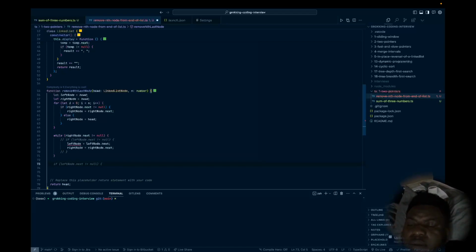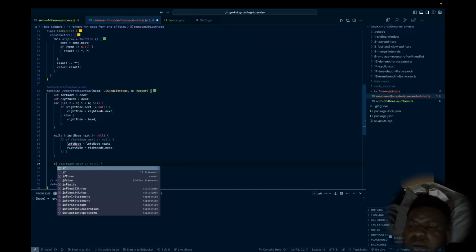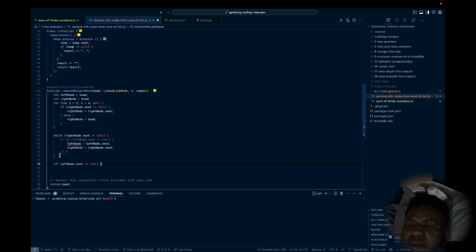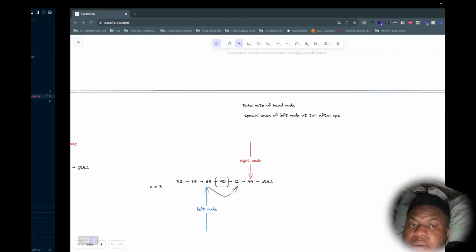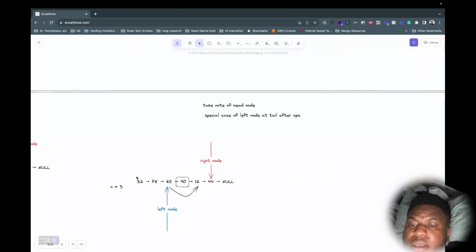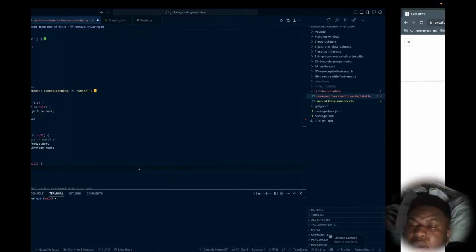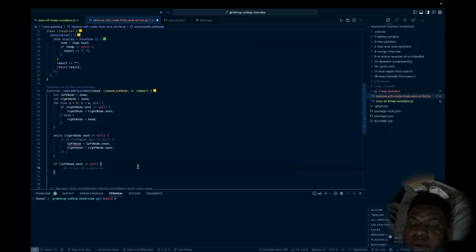if it's not null, actually let me handle the case if it's null, because why not? If left node .next is null, right? If it's null, what should you do? If it's null, then that's the special case, right, where the head is the problem. So like this special case here, where 10 was what was supposed to get curtains. So in that case, I should point the head to what's next,